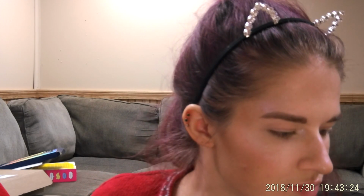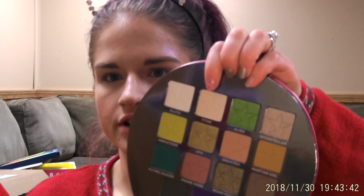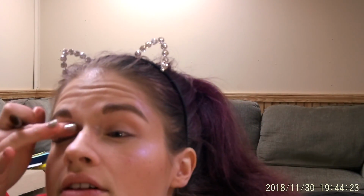So let's jump into the palette. I've got my little MacGyver setup here. We're looking real good. I have no idea what I'm going to do yet. I'm going to start out, we're going to put Titan all over. That's this one right here. It's kind of like an off-white cream color. It'll be good for all over my eyes. I don't even know why I do all over. I'm already primed too, by the way,